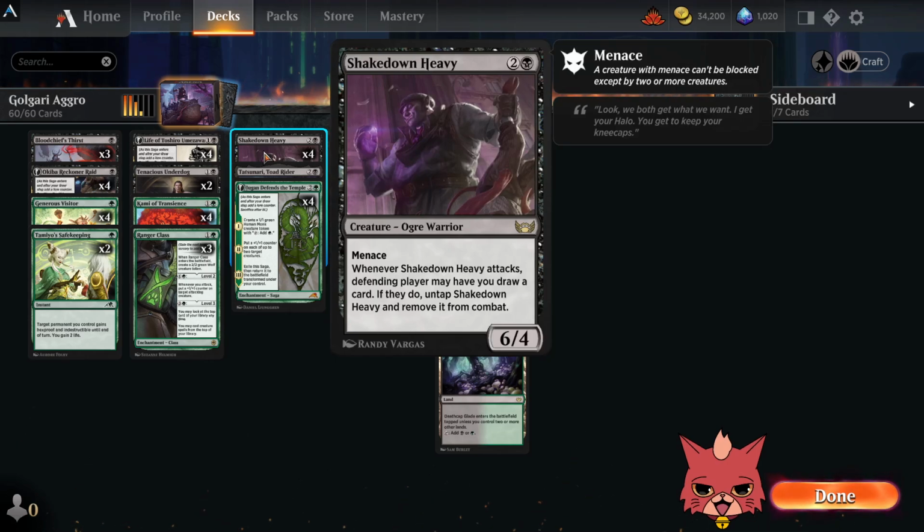We have 4 Shakedown Heavies because holy cow is this card aggressive, a 6/4 menace for 3 mana, and if it attacks defending player, may have you draw a card. If you do, untap Shakedown Heavy and then remove it from combat. This card is crazy. Holy cow, and we've been seeing it being played more often, which is really neat, and